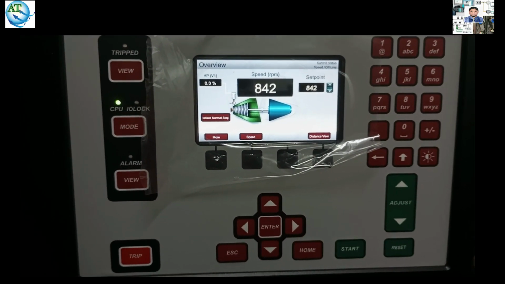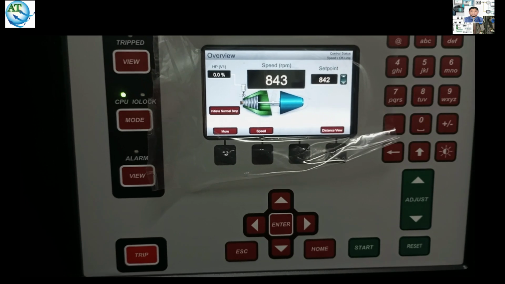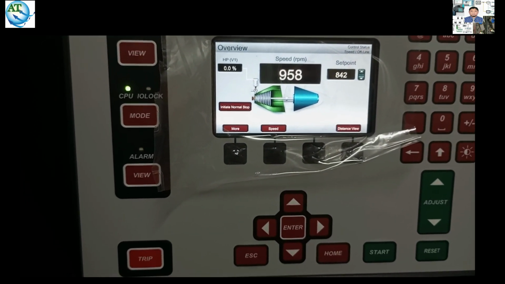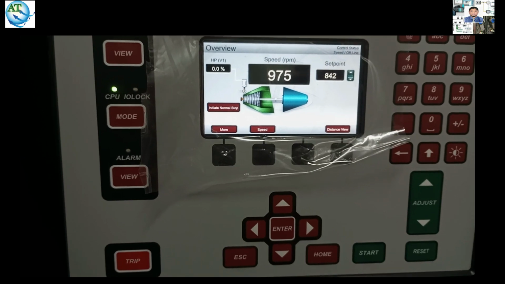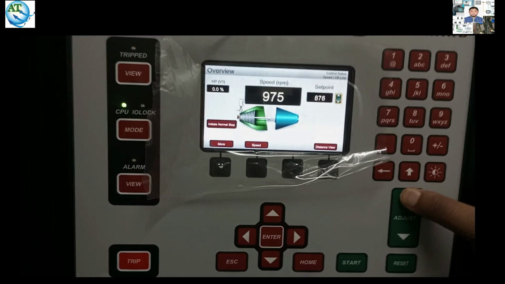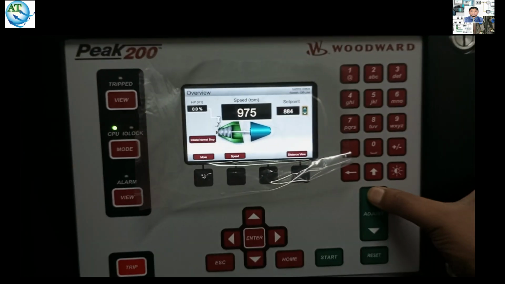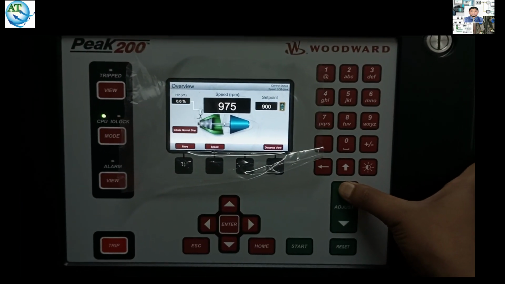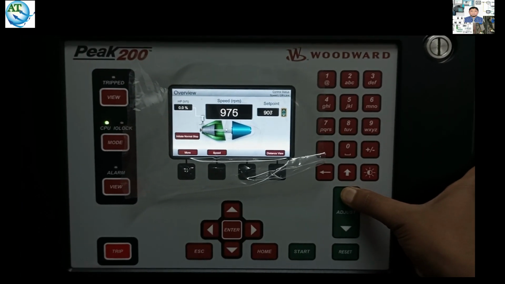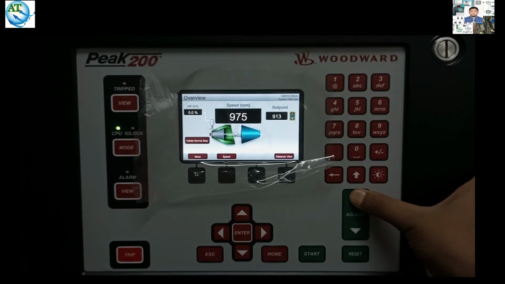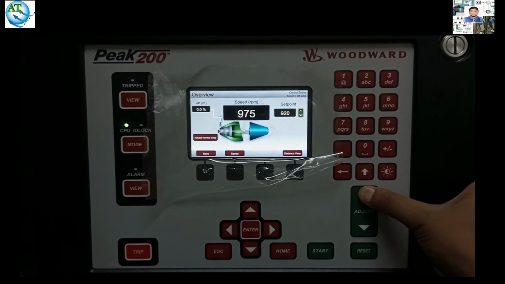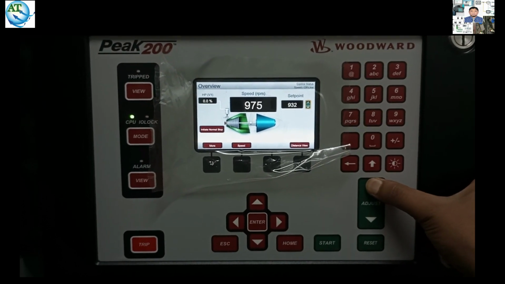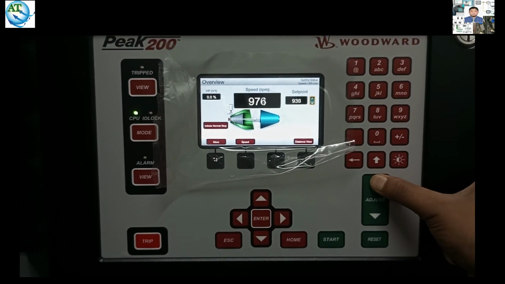You see, in the idle speed, I am increasing the speed by using the speed loop tester, and you are also seeing that this value is showing in the Peak controller. That means the setting value, or supply value, and the display value in the Peak controller are the same. That means I am adjusting and increasing the set point, and when we increase the set point, then the actuator